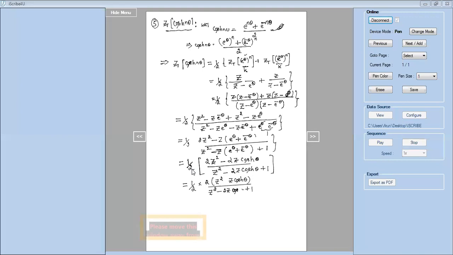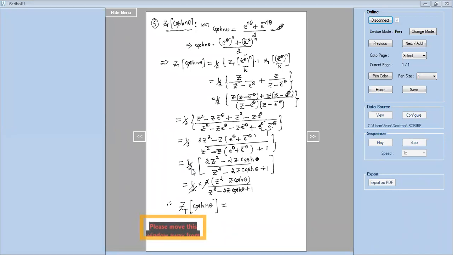This is cos h theta. Okay, so now this 2 gets cancelled. So this 2 and 2 you can cancel here, right? So therefore we get z transform of cos h n theta,